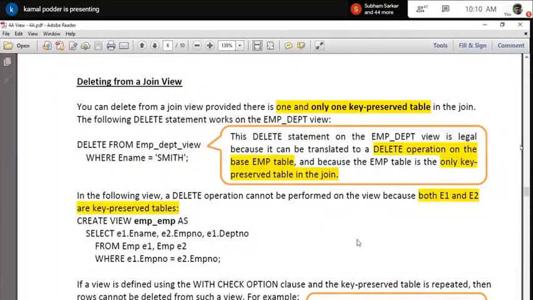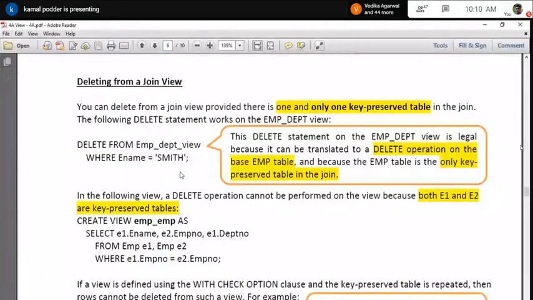Okay, next, deleting from the view. Again, you can only delete records from the table which is a key preserved table. So here, deleting Smith is no problem. Mind it, there might be more than one table.